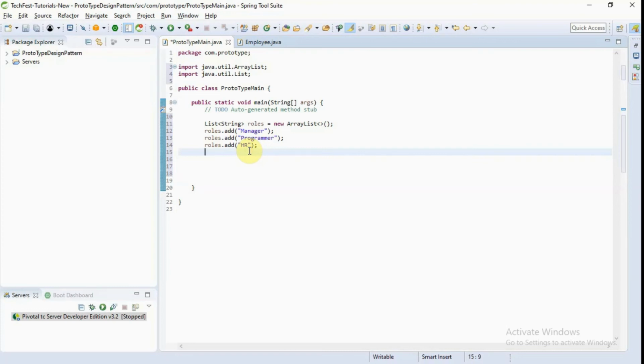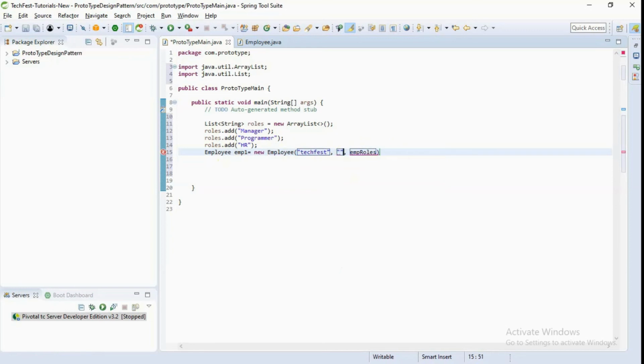So for that I'm going to create one employee object, Employee emp1 equal to new Employee, and in first name I'm just passing TechFest, for example.